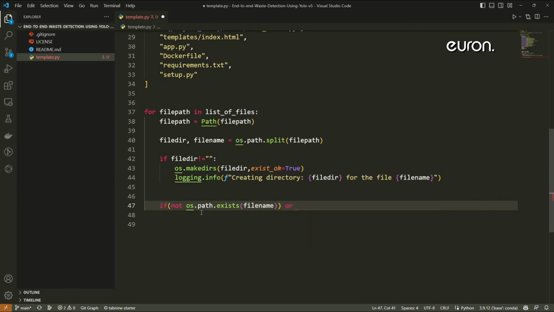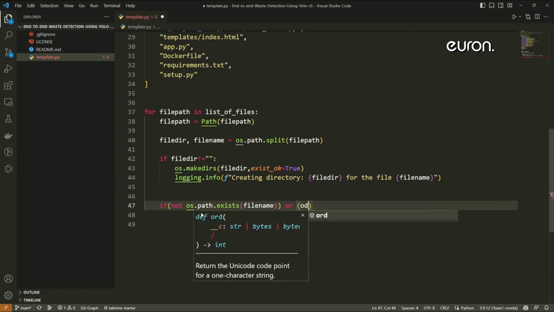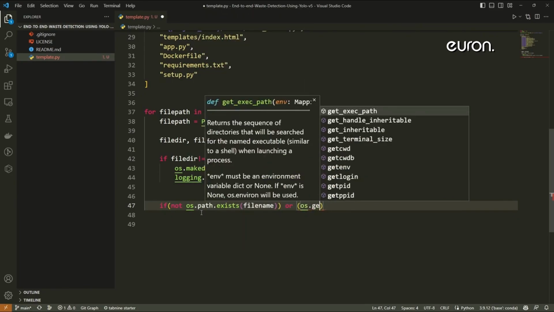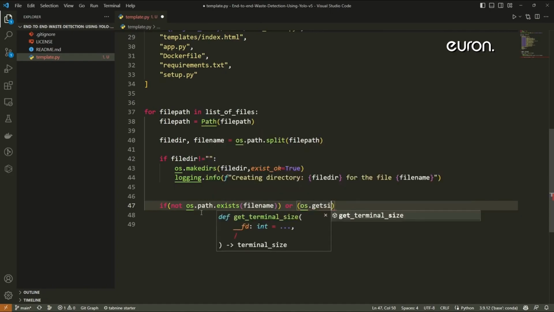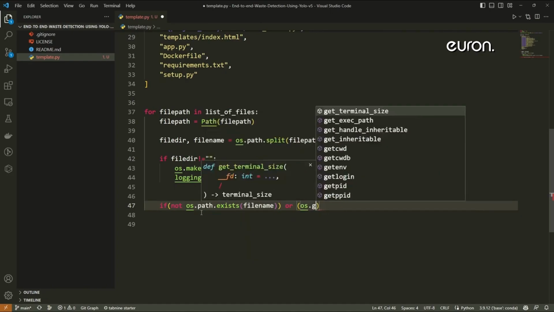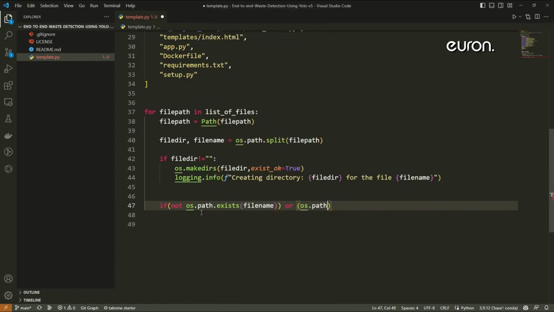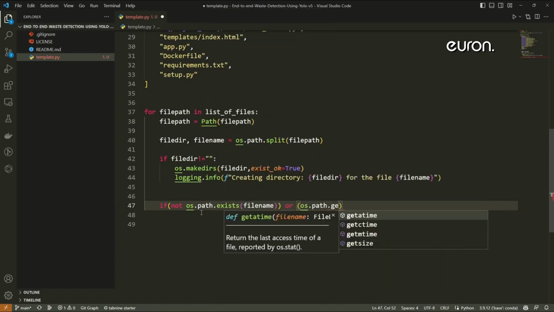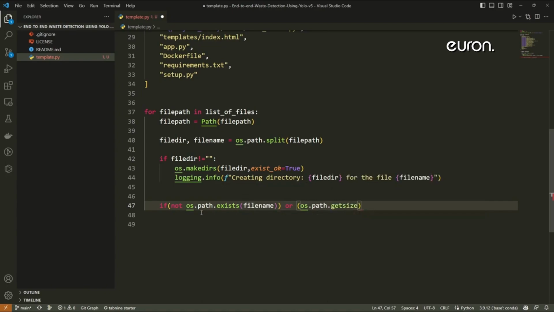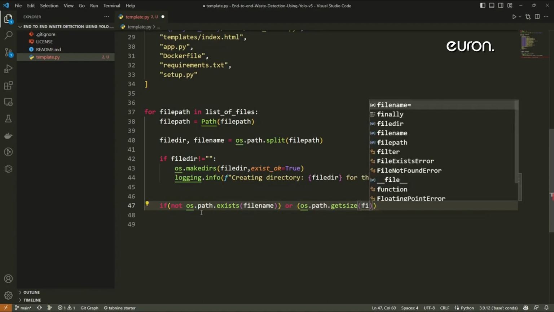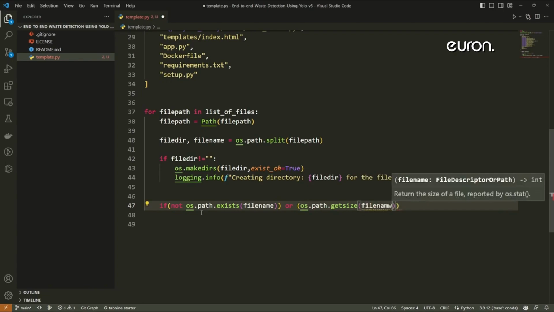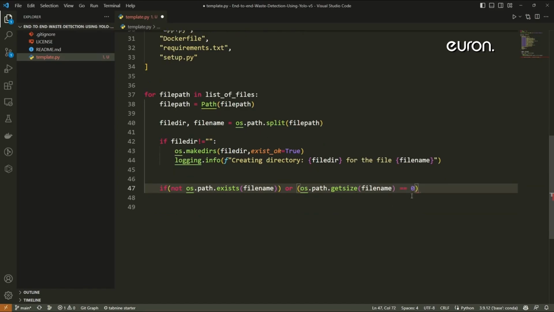I'll define another condition, or waste dot get size. It should be, I think, waste dot path dot get size. Okay, I'll pass my file name. Okay, this file should be equal to 0 get size. Okay, that means what I'm telling,